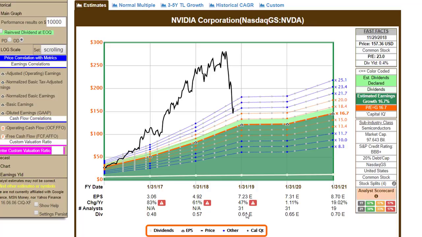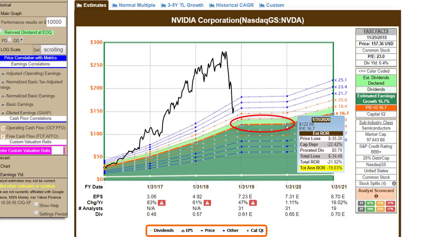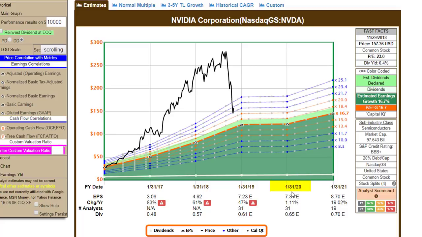Now here we've got a lot of analysts following this company. We've got 31 analysts reporting to S&P Capital IQ, forecasting this company to have a flat year of earnings coming up in fiscal year 2020. That'll end in January of 2020, by the way. And then followed by, relative to some of these previous numbers we were looking at, a subdued earnings growth rate in 2021. So analysts are expecting a slowdown in the company's growth, and consequently this reaction is starting to make sense based on future expectations, because the market is theoretically discounting the future.